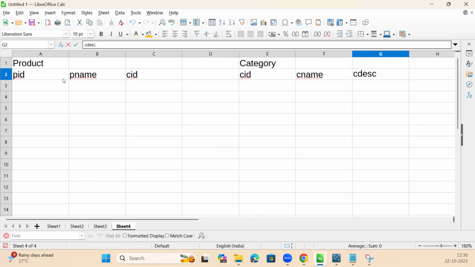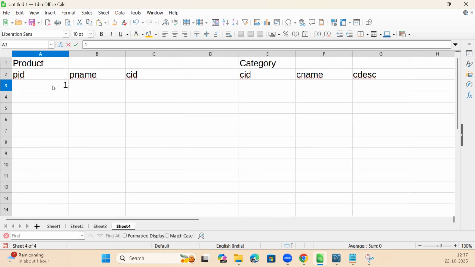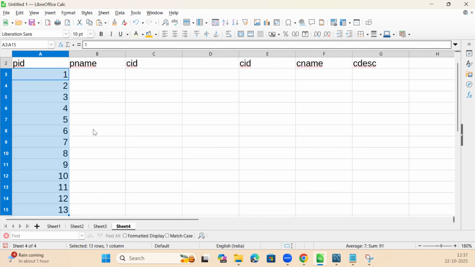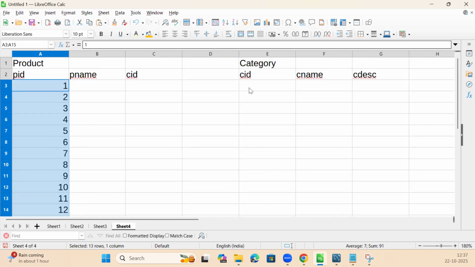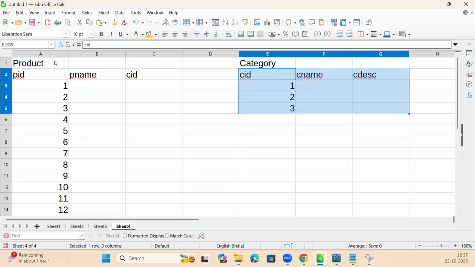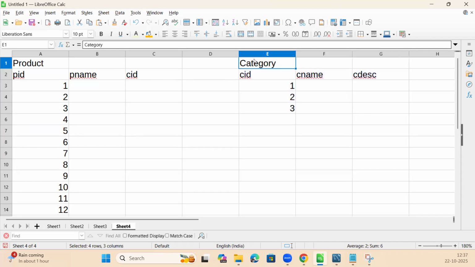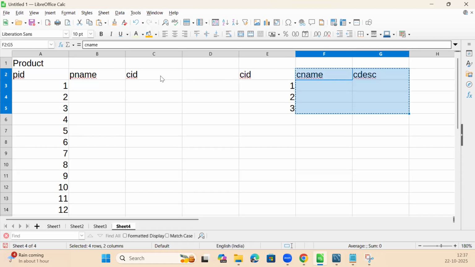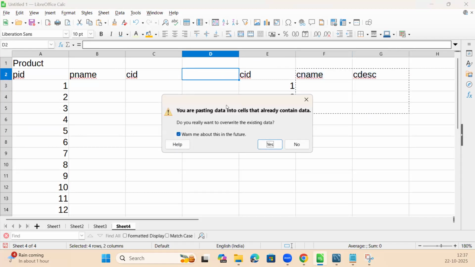We have product IDs from 1 up to somewhere around 100. But categories we have 1, 2, 3. Only 3 categories. Now, if I had given CID, CNAME and description as a part of product,